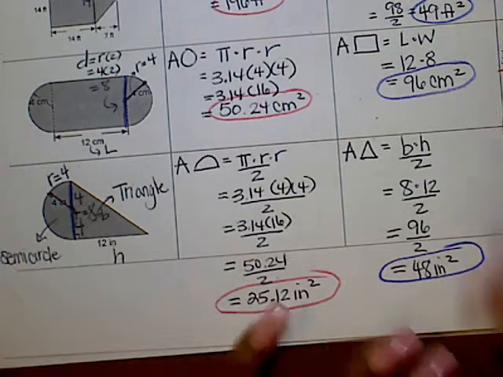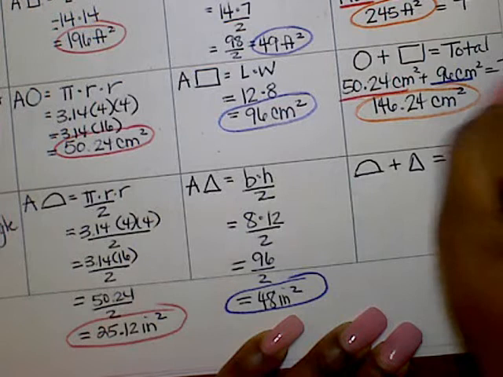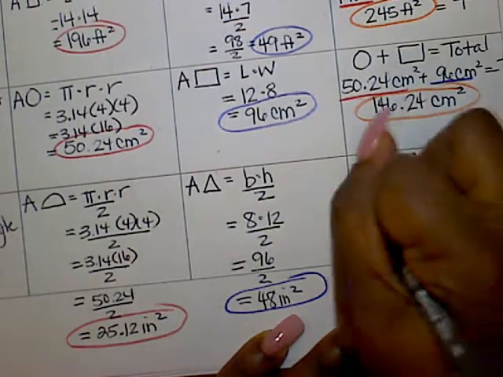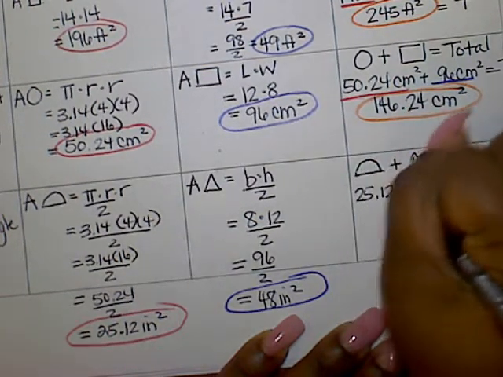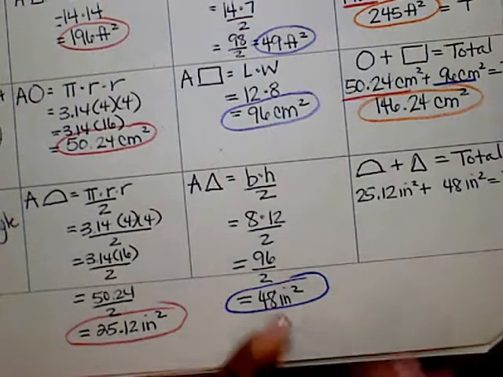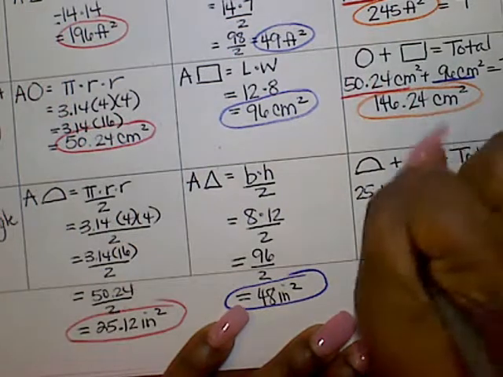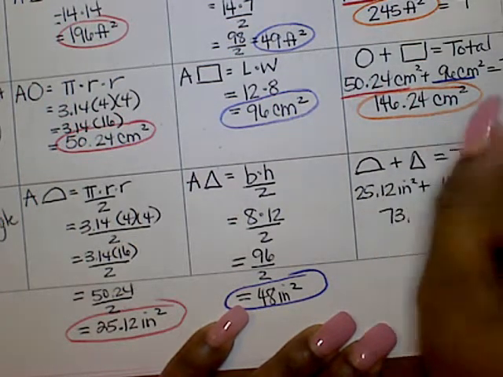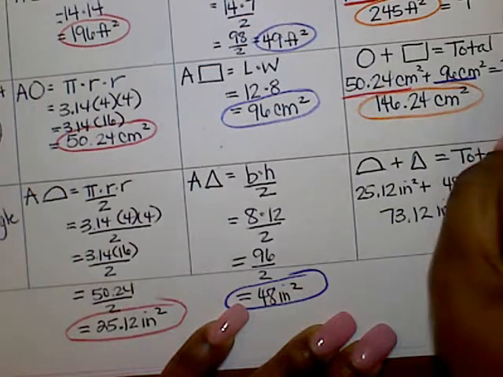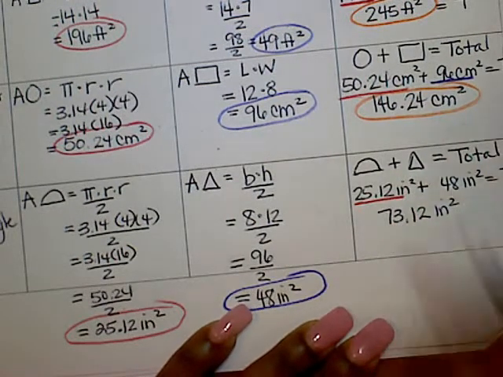So now we're just going to add these together. So semicircle plus triangle is going to equal our total area. So that's 25.12 inches squared plus 48 inches squared equals our total. And so we're going to add that together. And that is 73.12 inches squared. So I really, really recommend that you pause the video and try the next 3 on your